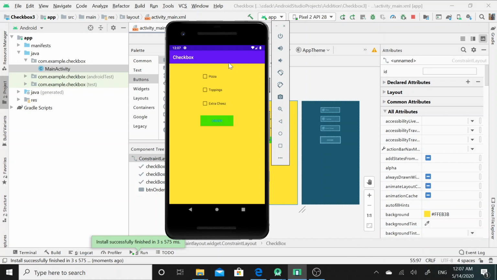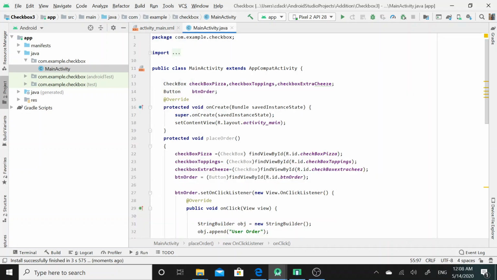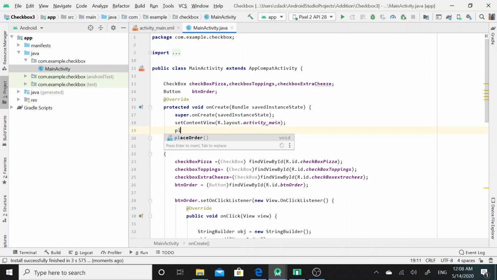Now, if the user has selected the pizza option only and places the order, okay, I am supposed to call this placeOrder method in the onCreate method. Again I will run the application.